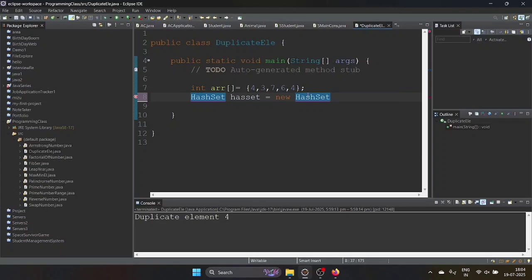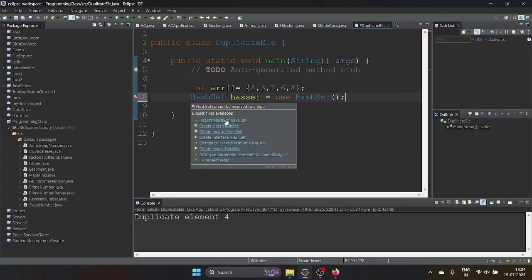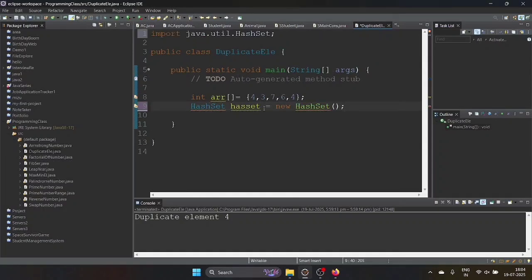And here, we are going to tell the hash set equal to new hash set. This is how we are going to create an object of the hash set and how we are going to use that one. We can mention what type of data you want to store, particularly. So I'm going to tell integer, right? If you want to tell which type of data you are going to store, you can tell here.